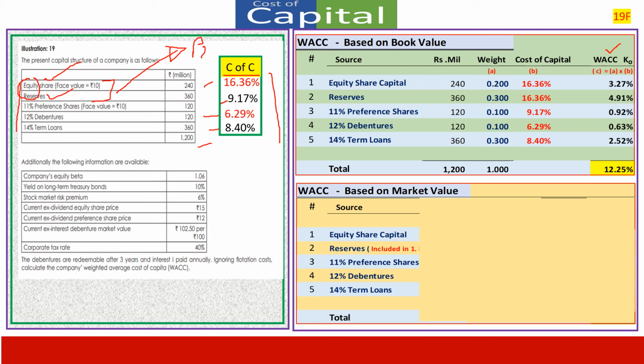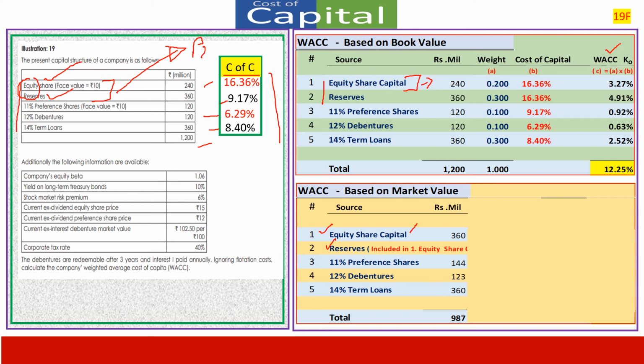As you will see here now, though we have got equity capital and reserves as two different items at 240 million and 360 million, when you list the shares and the shares are traded on the stock exchange, they are traded as one single share certificate, which covers the entire net worth of the company in respect of this share which is included therein. Therefore, here we will take the value in respect of share capital based on the market value. What is the market value? In respect of equity shares,